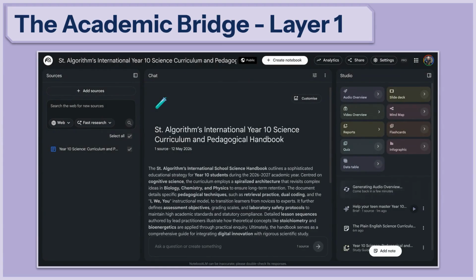Okay, so let's have a look at NotebookLM in action. Now, this isn't just about having a chatbot summarize a PDF. That's luck. We're after logic. We're going to exploit this academic bridge using 3 distinct layers of interrogation to turn the Science Handbook into a roadmap for parents. So first, we're going to come over to this reports button, but